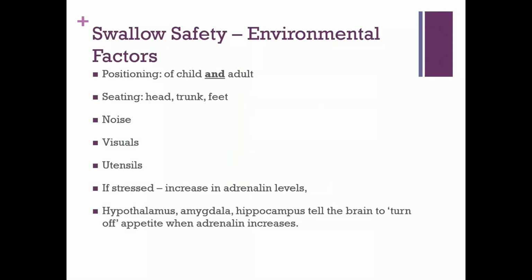So what are the other factors for swallow safety that we have to keep an eye on? Positioning of the child as well as yourself. If your little one happens to be on your lap, that's fine, but just make sure that you really support them with your arm around them so that they can sit up and that they're quite close to you. If they're in a high chair, make sure that you're either opposite them or at a 90-degree angle, preferably when they're seated in a chair. We really want the head and the trunk as well as the feet supported so that they're not flapping around. It just gives them more stability.